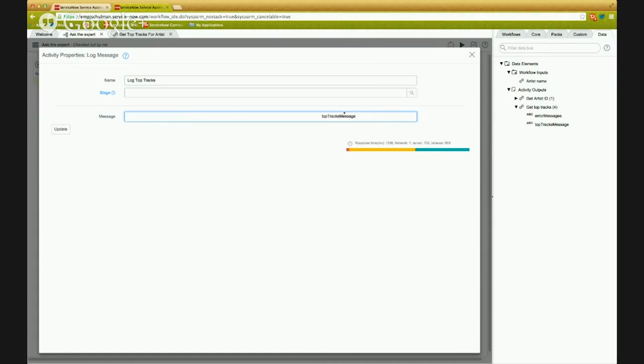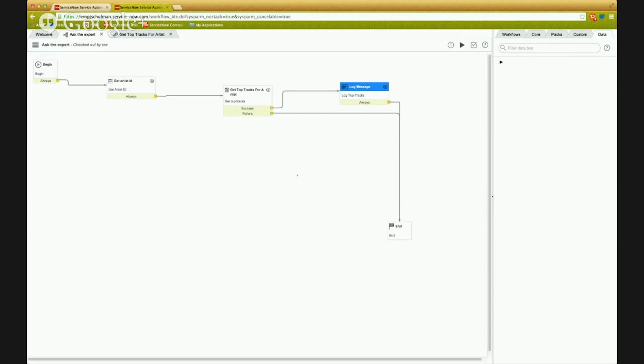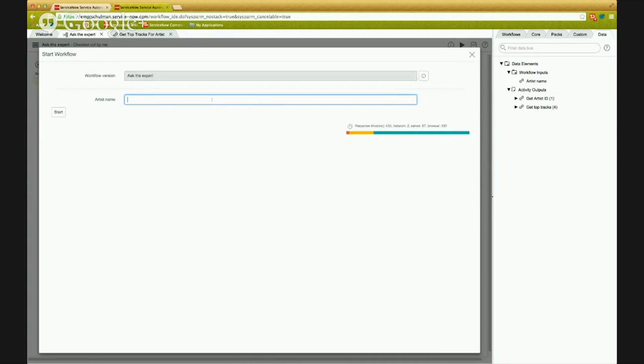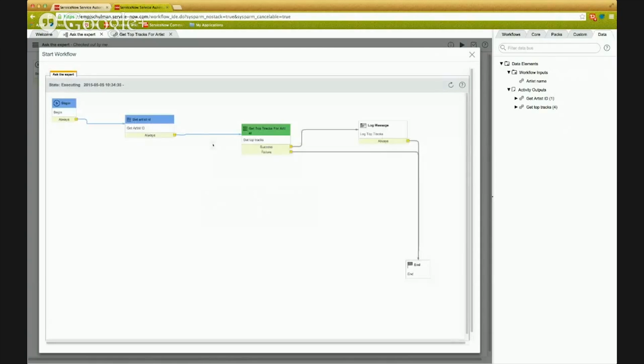I want to log the output of that activity in the workflow. So if I run this again, with Garth Brooks. And again, it's already generated the ID with the quick REST call, and then let's let PowerShell do the rest